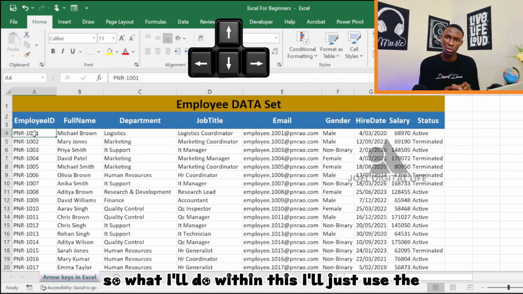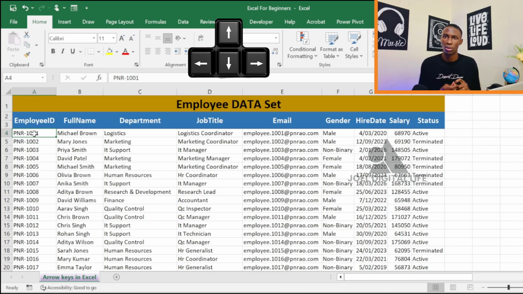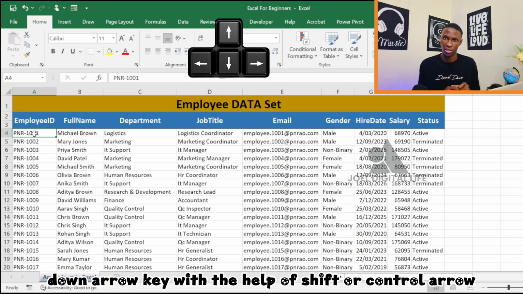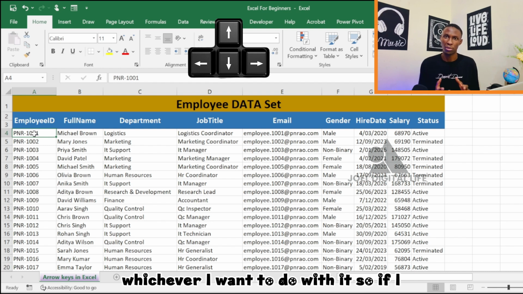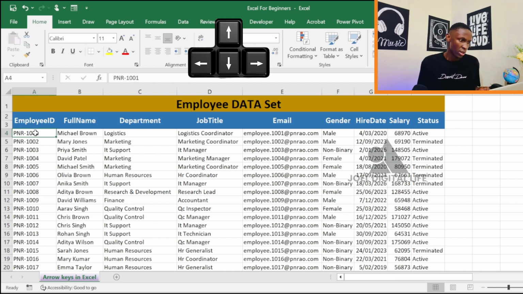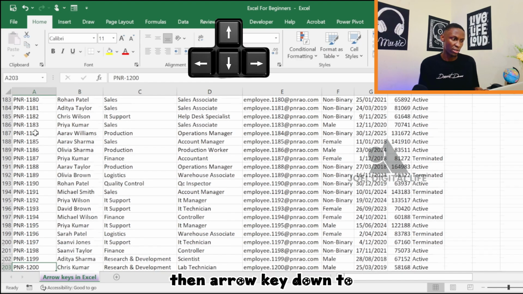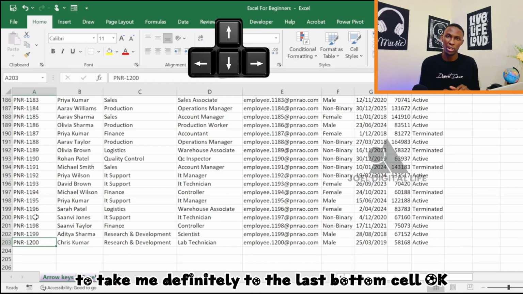So what I'll do is use the down arrow key with the help of Shift or Control, or Control Shift, whichever I want. So if I select my first cell here,